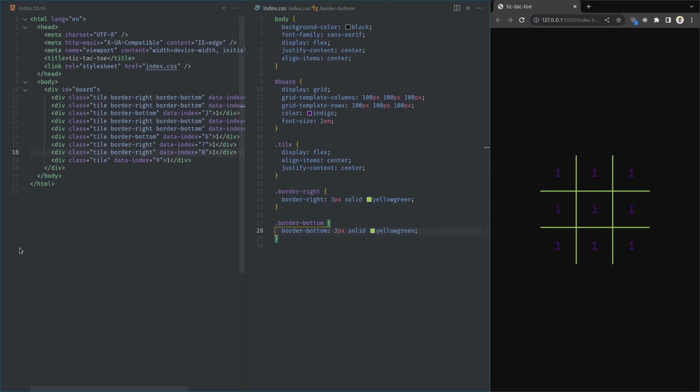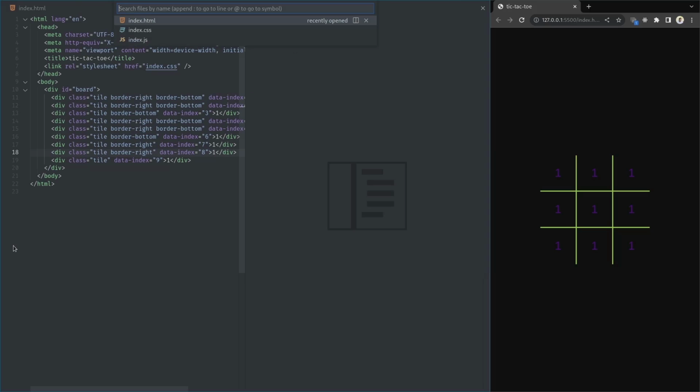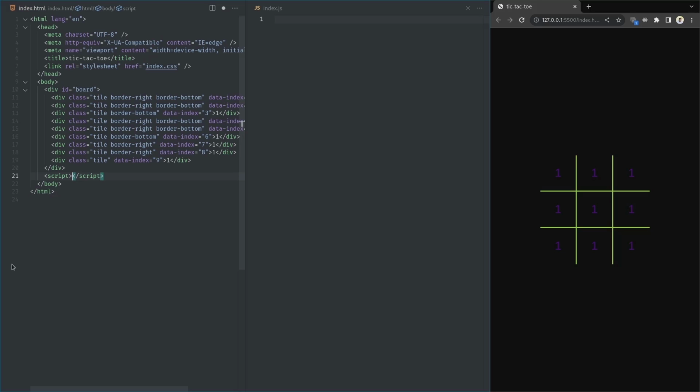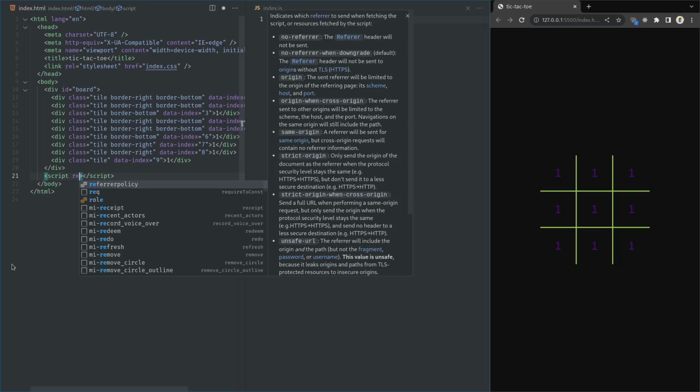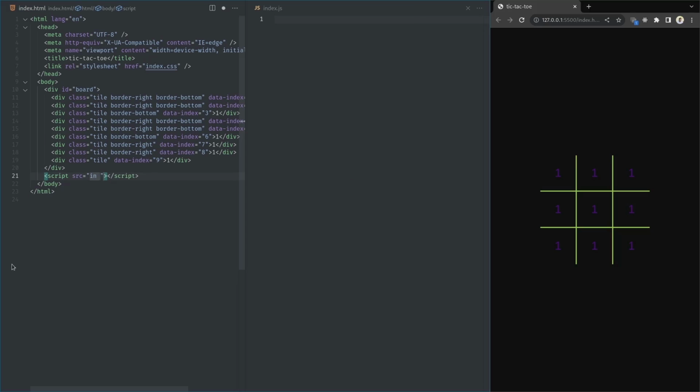So close everything, and we're gonna need just the HTML and index.js. Go here, and at the bottom of our body add our script tag, type script, and src is index.js. And to test that, we're going to type console.log